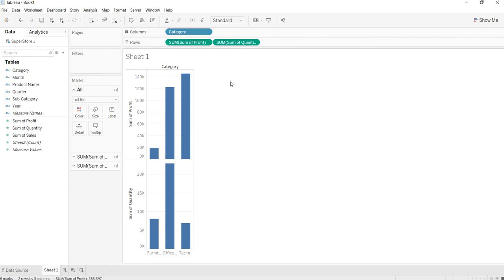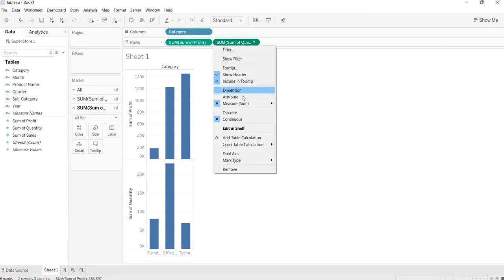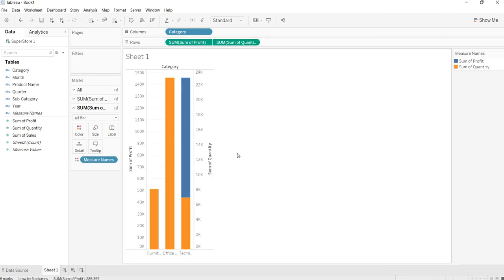So what if I want to see both these measures in just one view? So I can right click on this, click on dual axis, and now both these measures are on the same bar graph. But you can already see that it is very difficult to differentiate between both these measures.